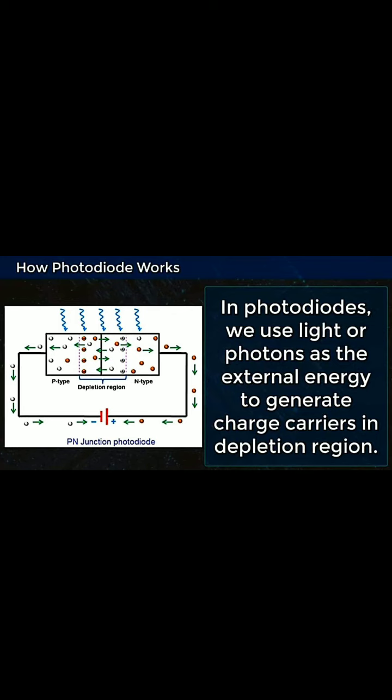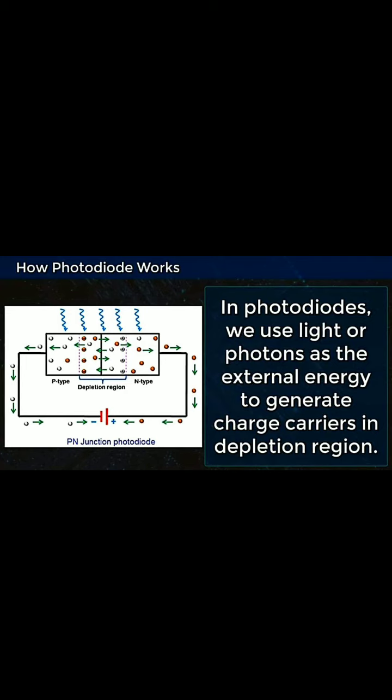Whenever free charge carriers move in a path, they constitute an electric current, and we know that the direction of the electron is opposite to the direction of the electric current. So in whichever direction the electron moves, the current is generated in the opposite direction. The electric current direction is opposite to the direction of the electron.